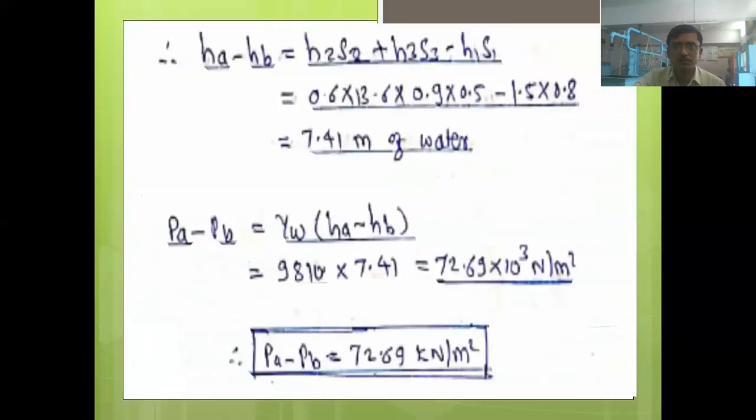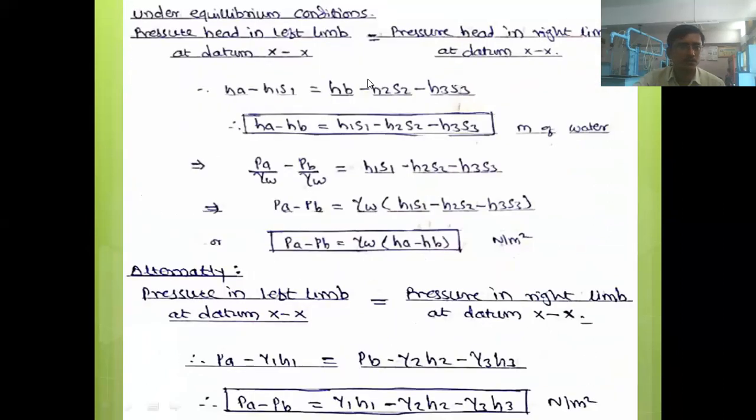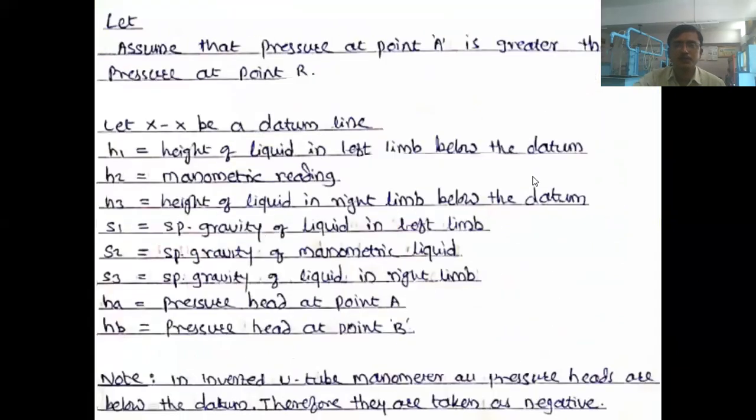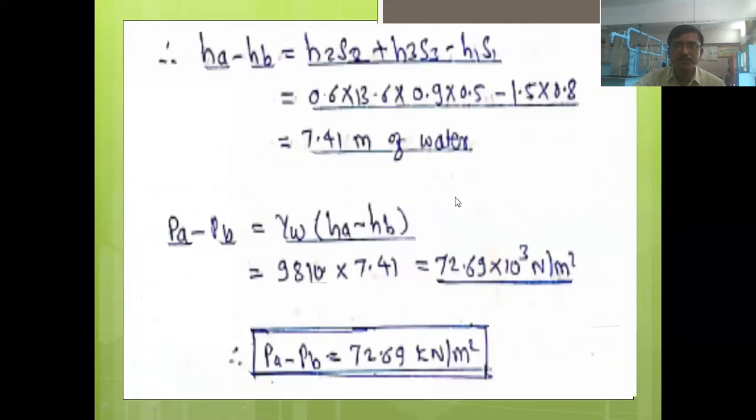Hello, sir. Yes, your voice is not clear. Sir, please explain the conversion to kilonewton in the last problem. In kilonewton, we just have to divide by 1000. Whatever value you have got there, the answer we got, what do we do? Divide by 1000. You have got the answer 72692.1, right? Newton per meter square. Just divide it by 1000 and you will get 72.69 kilonewton per meter square. So that is your answer. Not a very difficult part.